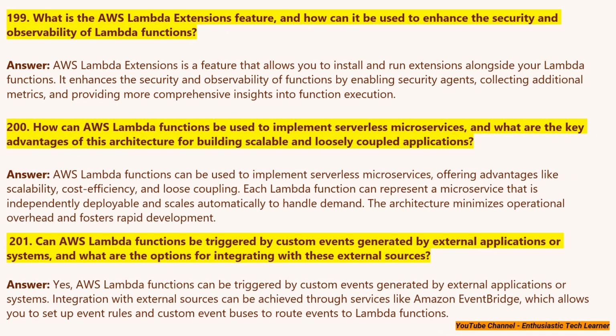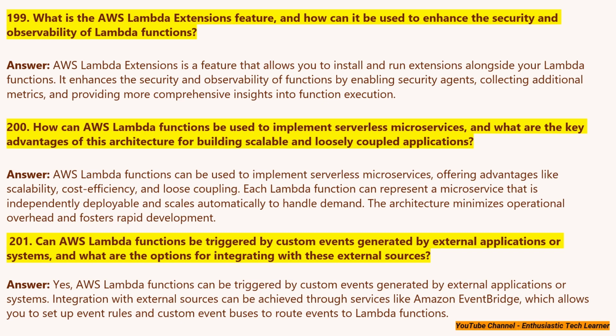What is the AWS Lambda extensions feature, and how can it be used to enhance the security and observability of Lambda functions? AWS Lambda extensions is a feature that allows you to install and run extensions alongside your Lambda functions. It enhances the security and observability of functions by enabling security agents, collecting additional metrics, and providing more comprehensive insights